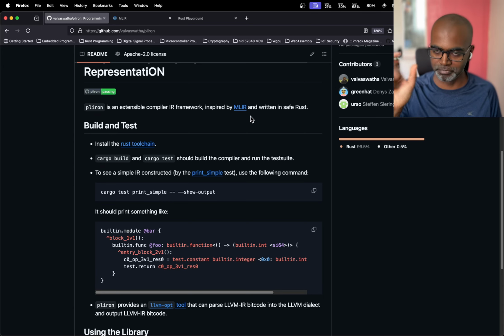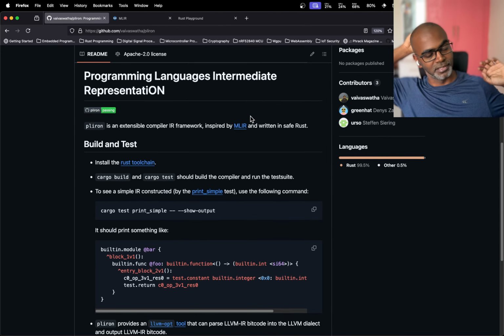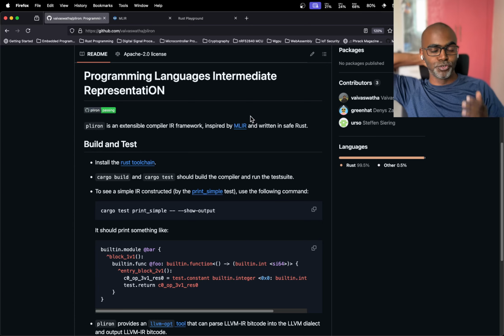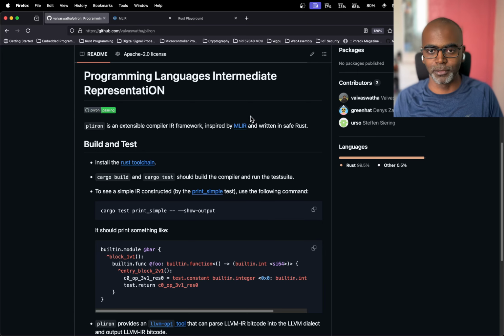This was the key point I was looking for, because when I was exploring MLIR, if you don't have a C++ background, you're not going to be able to do much with it. Anything to do with their C API or the Rust bindings to the C API,